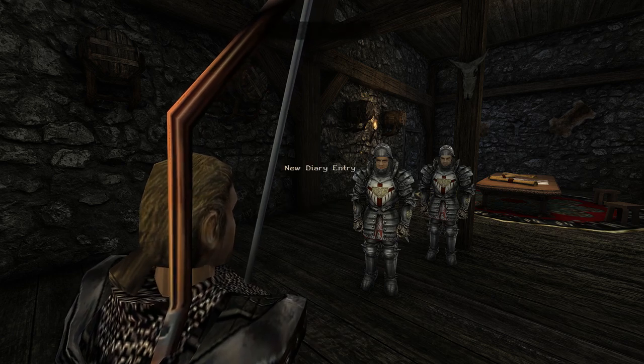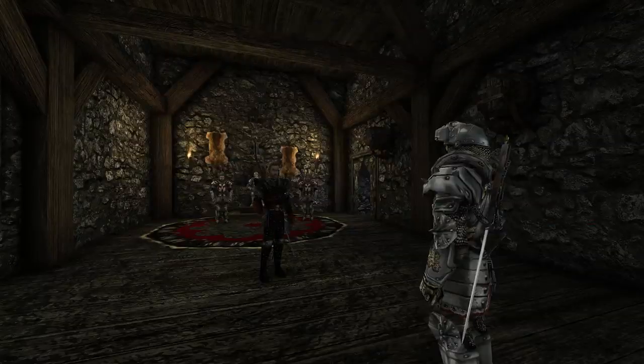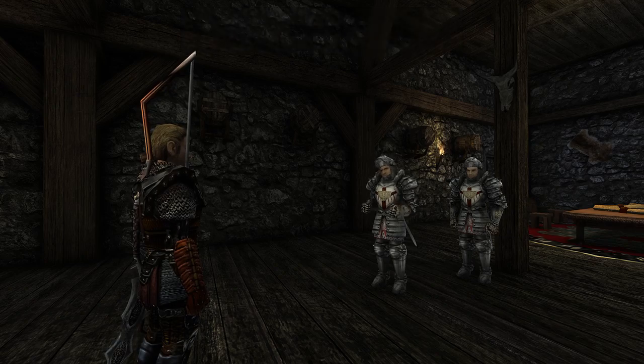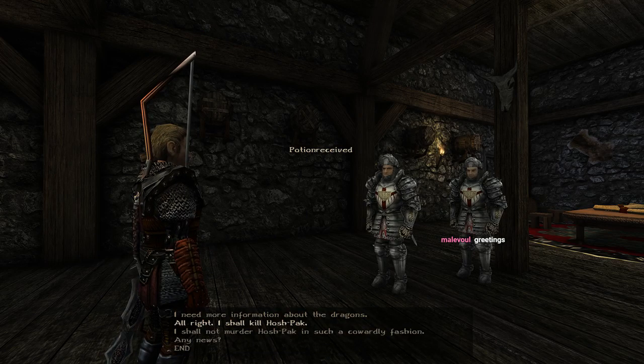I need a swamp. We don't have well. Offer me these. Take that. May your arrows...